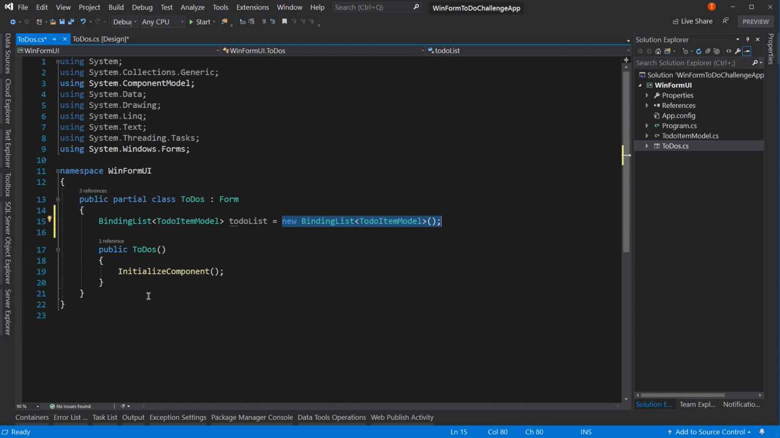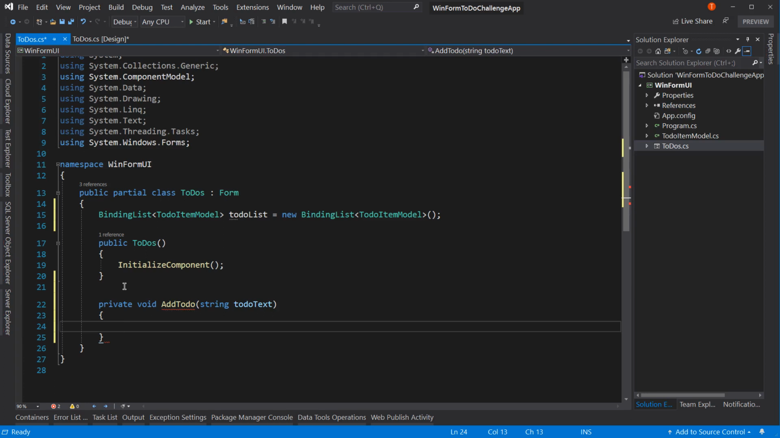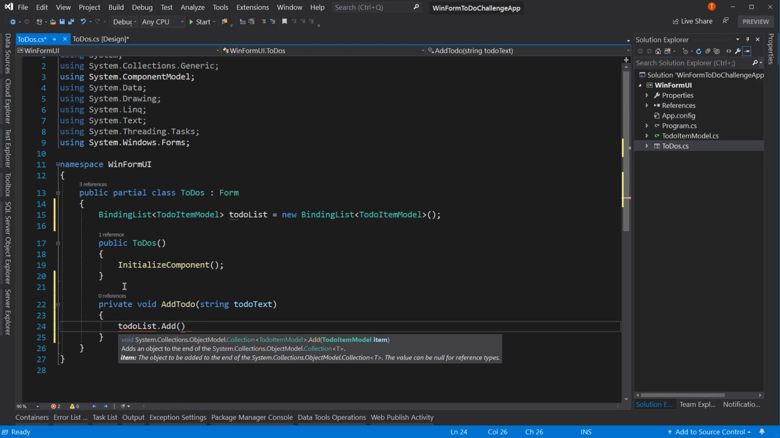Now let's at least break out our calls into independent methods instead of doing it right in events. That way, when we do move this to a class library, we are ready to pull certain things out. So we're going to have a private void, and this one's going to be add to do, and it's going to pass in a to do text. So this is a very simple method. It's going to say to do list dot add to do text,